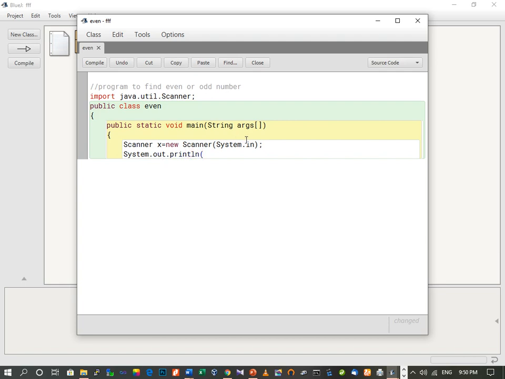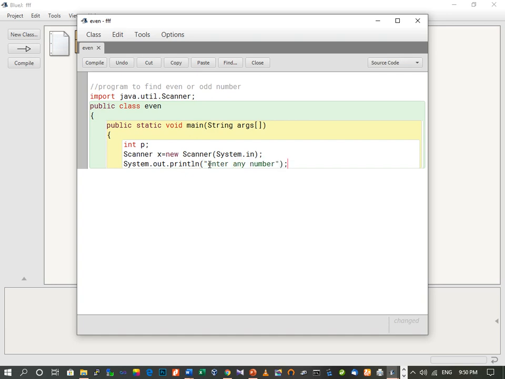Now here we have to declare one variable also, where we will accept the value of the number. Suppose I take int p as a variable. So System dot out dot println, enter any number.